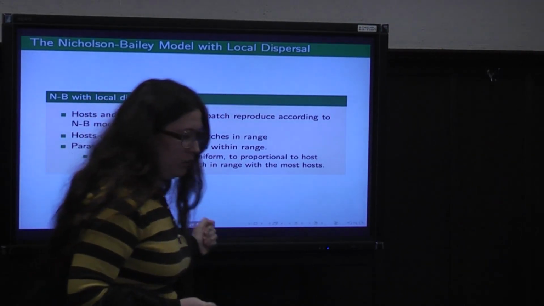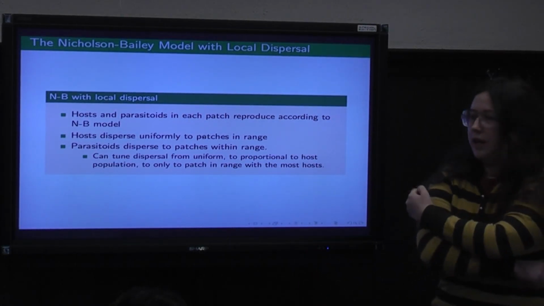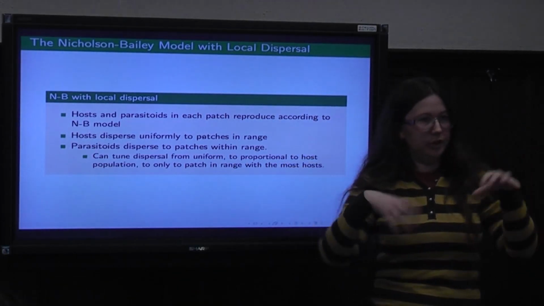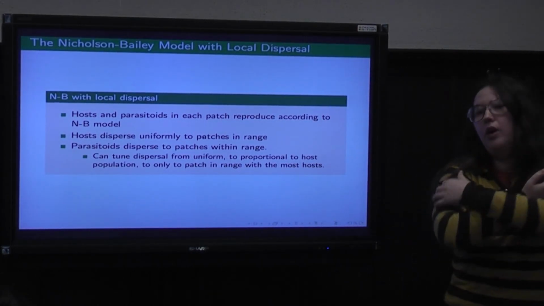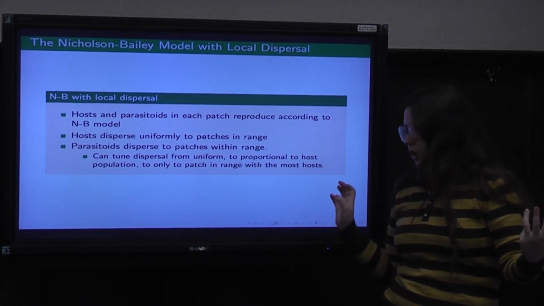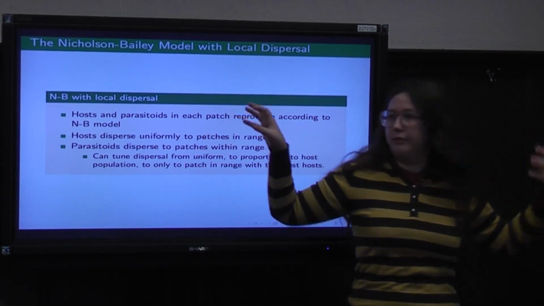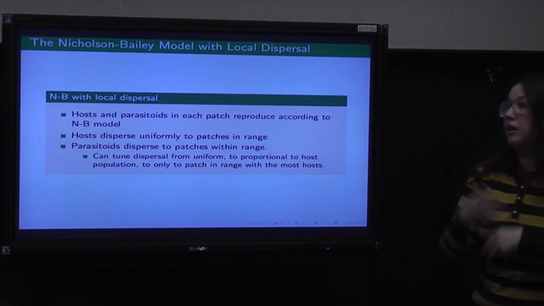So one thing about this Nicholson-Bailey model is that in that previous case, everybody's meeting everyone else. It's a very local, well-mixed population. If you allow a bigger space, where hosts on one side aren't coming in contact with parasitoids on the other side,